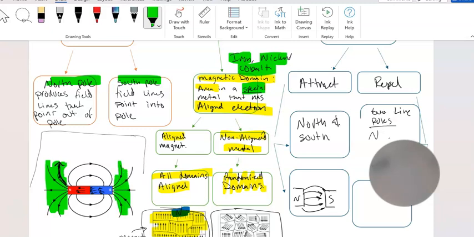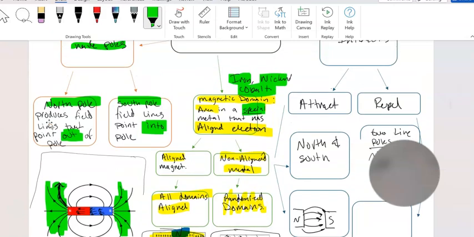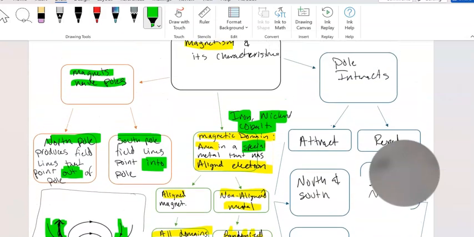So this is very similar to a positive charge. Remember those positive charges that we had previously? All of the force field lines are pointing out of the positive charge and into the negative charge. So very similar to here with magnetism, right? So you have force field lines that point out of the north pole and force field lines that point into the south pole. So what that does, and I'm just going to highlight the key points here, into and out of, is it allows for these magnets